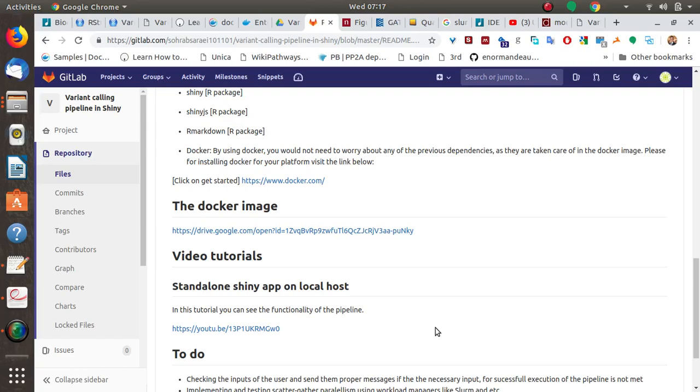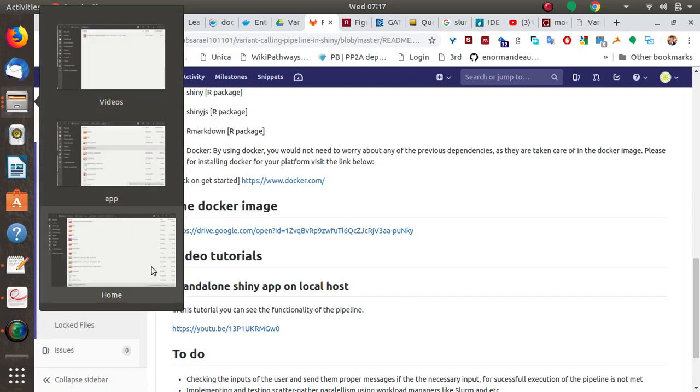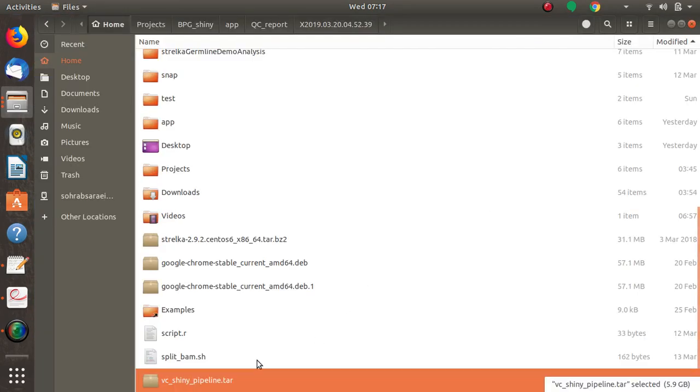Hello, in this tutorial I'm going to shortly talk about how to use the Docker image for running the pipeline. After downloading the Docker image from this address, this would be where your Docker image would reside,